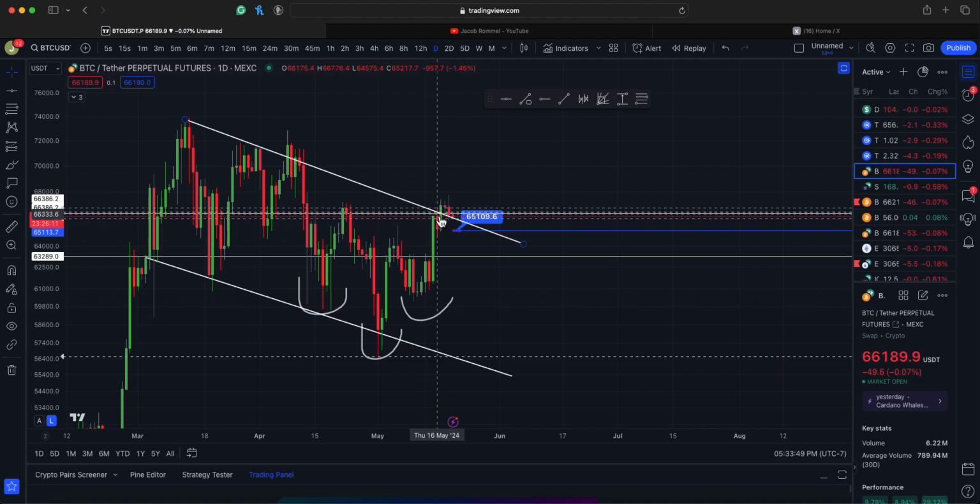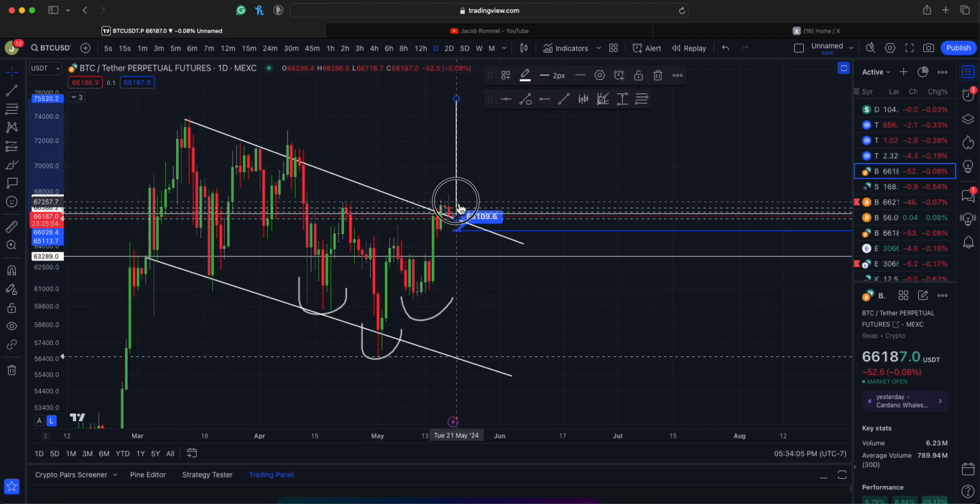So you're looking for a retest of this support from Bitcoin, and then your measured move is going to be from the neckline down to the base. I like to go to the close of the candle. You can go to the wick, but a better, more accurate move is the close. You're going to go to the neckline, and your projected move, which just means a probability based move off of